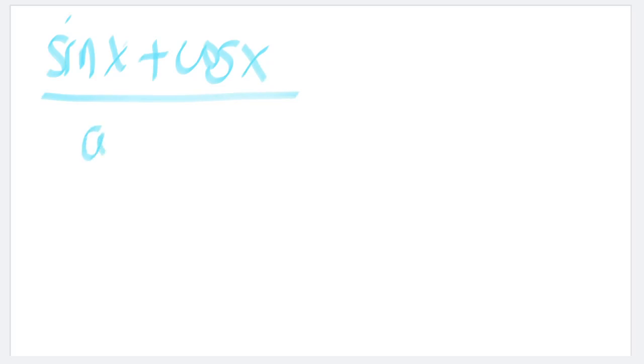over cosine 2x. Now recall some trigonometric properties from your algebra. What can you say, or what is your technique, so that this equation will transform into another equation? Let us say we will multiply this one by cosine x minus sin x. Just multiply this one by cosine x minus sin x